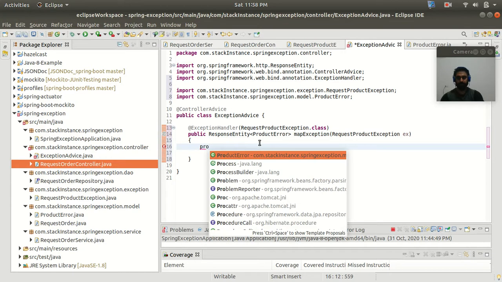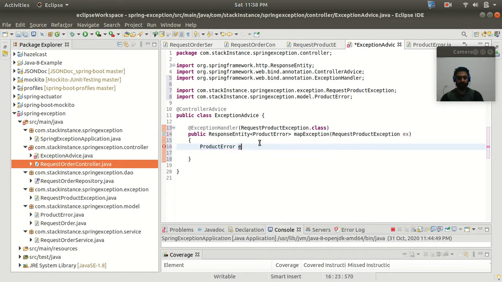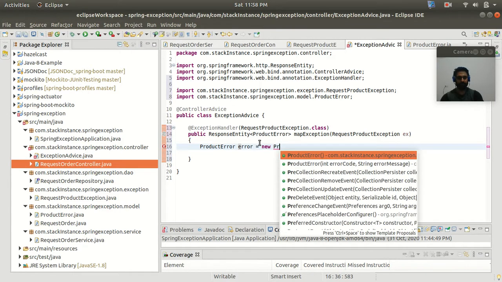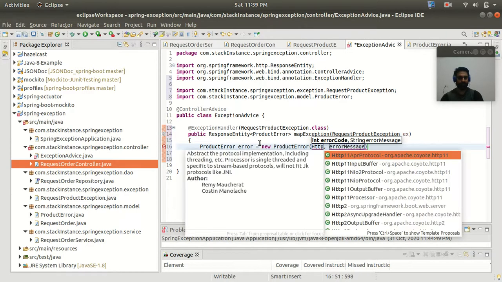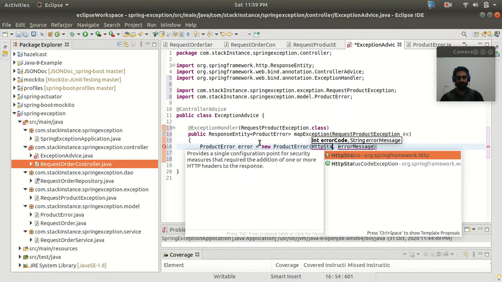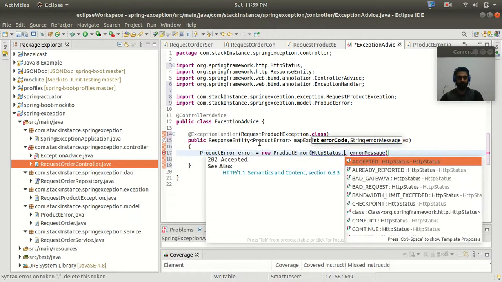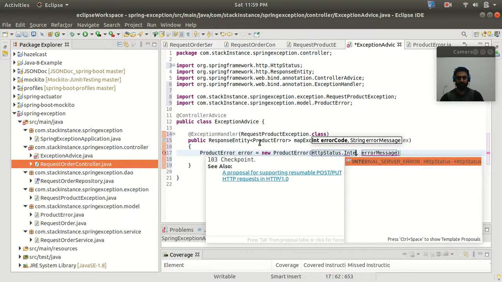Yeah, right. So now this is the ProductError. So this is like ProductError error equals new ProductError, and here we need to pass the error code and the message. As the error code, I'm going to use the error code of my HTTP class, like HttpStatus dot, and as the error code I'm going to use INTERNAL_SERVER_ERROR, that is the 500, right?